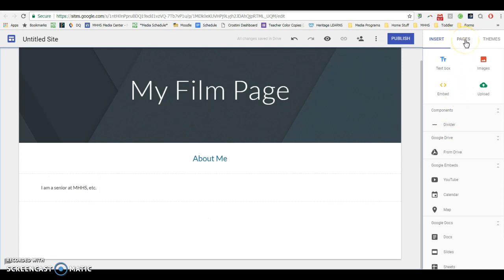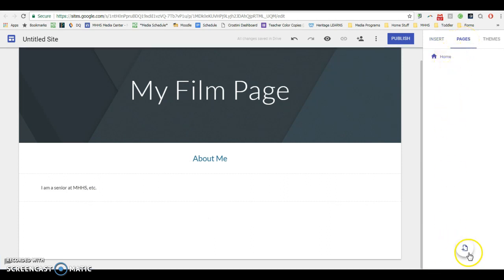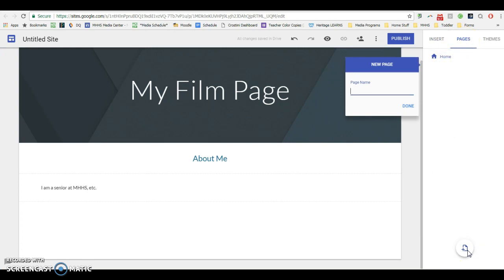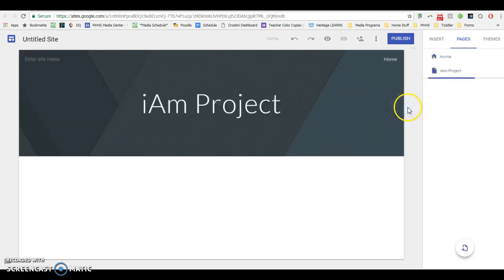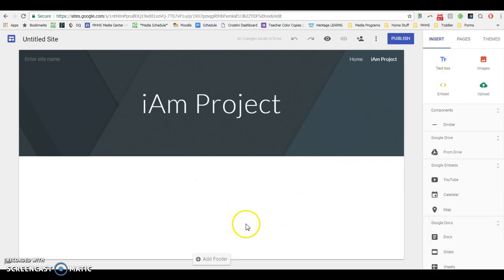Then under pages over here, every time we do a project, you're going to create a page. So your first video project will be I Am Project. And once you have it uploaded to a channel, you will be able to embed the video, and you're also going to be doing